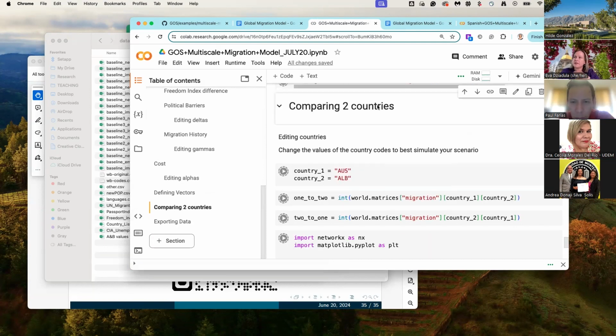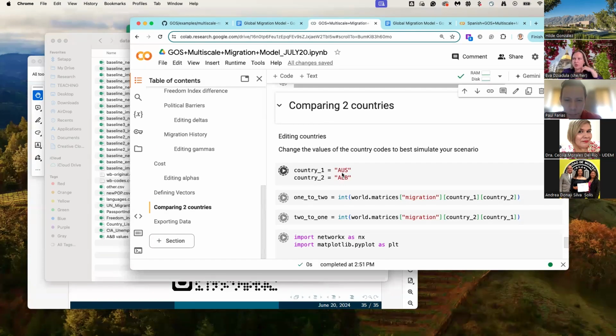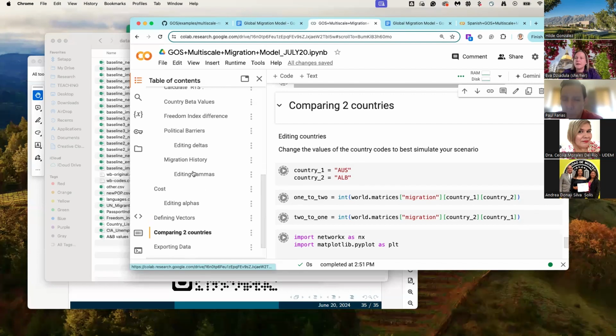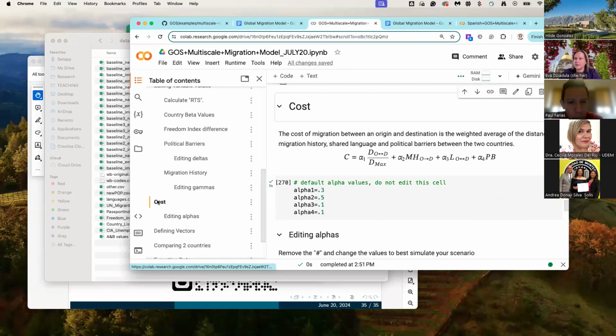This is the piece where you can put in 2 countries. So if I wanted to change which countries I want the estimate for, country 1, country 2. This one is producing an estimate for Australia and Albania, but you can change the 2 countries, put in the 2 abbreviations that you want to look at, and it would give you estimates. For example, if you want to look at the costs,